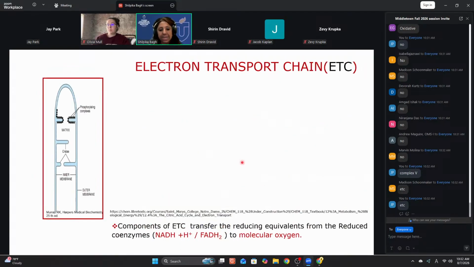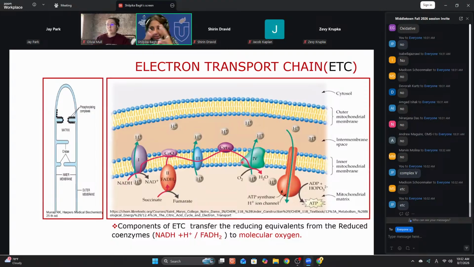Since most of the NADH and FADH2 are in the matrix, what will happen to the NADH outside the matrix, in the cytosol? For them, you need a shuttle. You don't need to know details of the shuttle, coming in Foundation 2, but since I have mentioned it in my lectures, I'm just telling you shuttles are needed for cytosolic NADH. All the NADH and FADH2 in the matrix, no worries, because ETC is in the inner membrane.